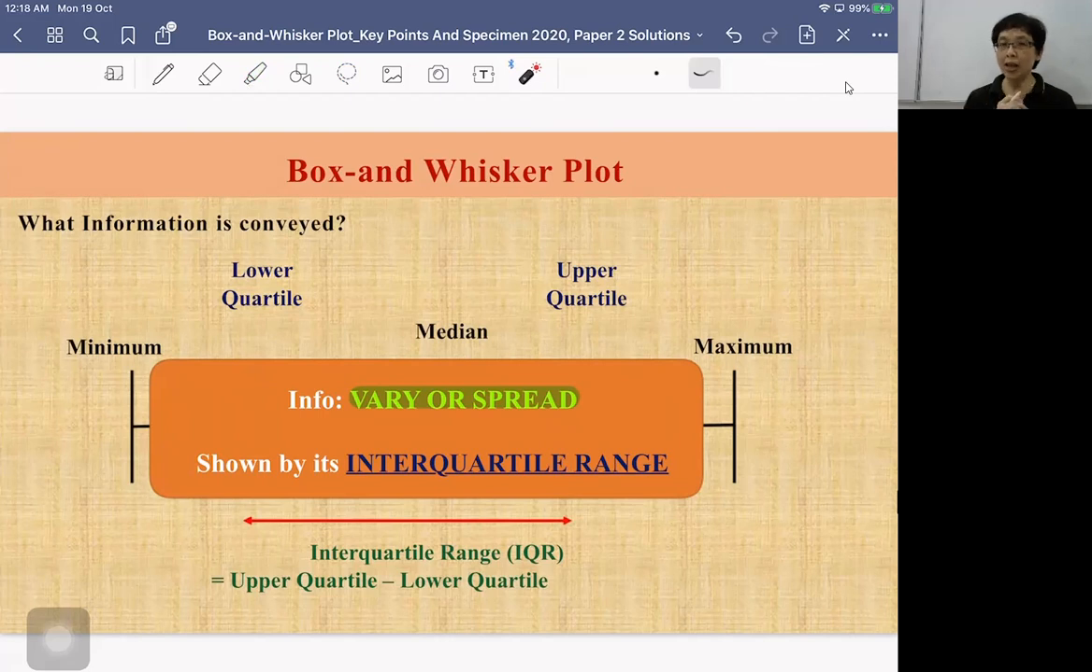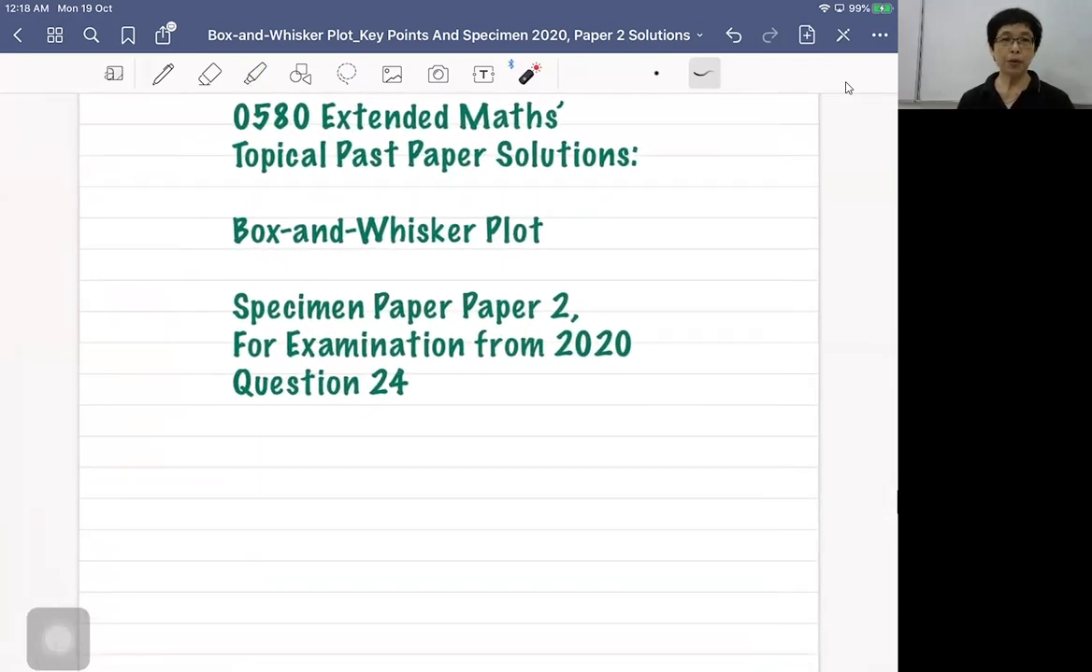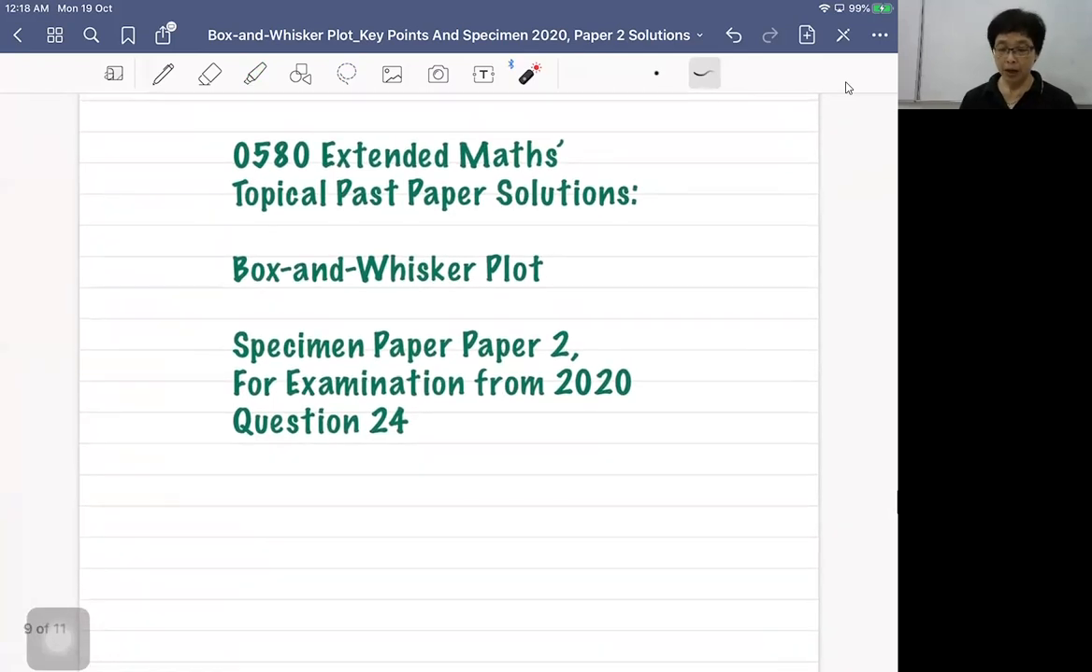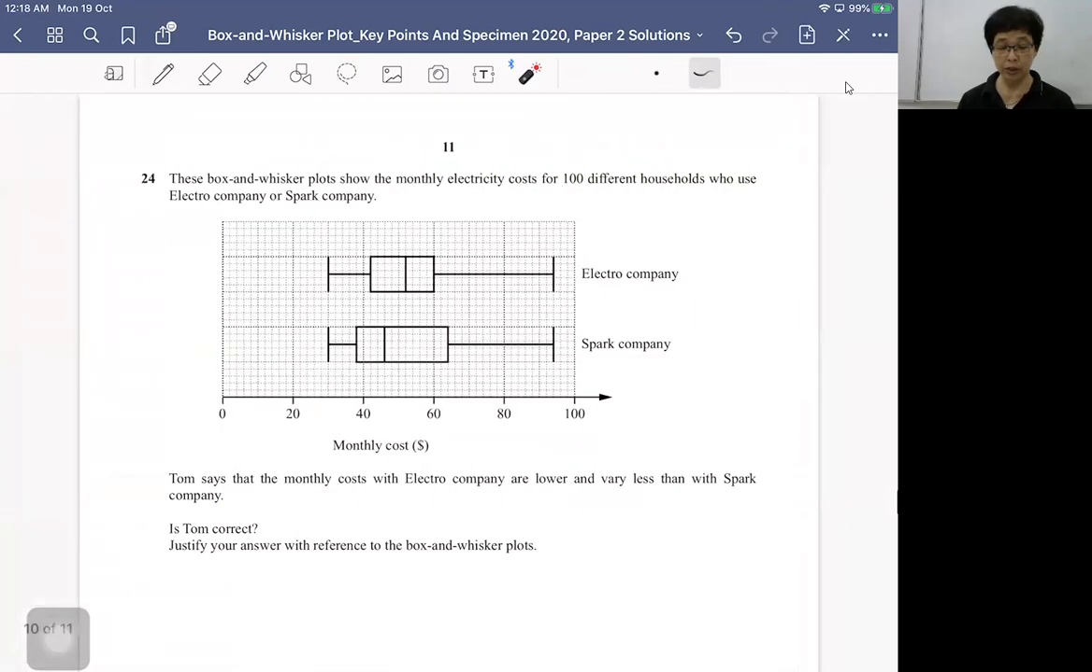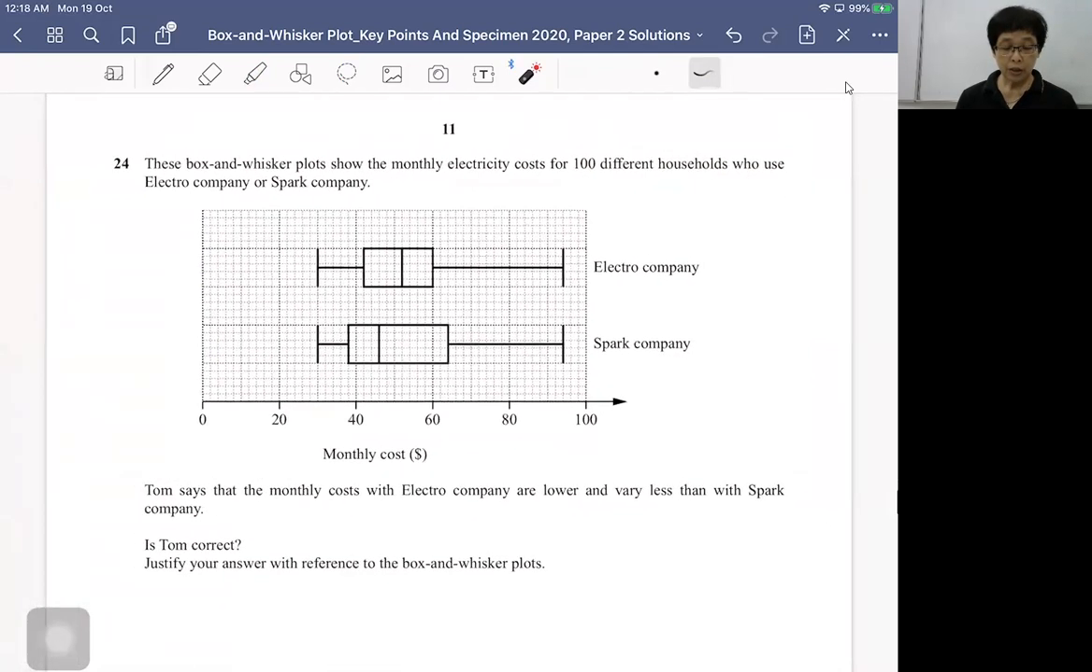But before we end this video, let's take a practical exercise. I have chosen a past year paper on this topic. This is selected from the specimen paper on paper 2, which is the specimen paper for 2020, and it is question 24. Let's take a look at the question. It reads, these box and whisker plots show the monthly electricity cost for 100 different households who use Electro company